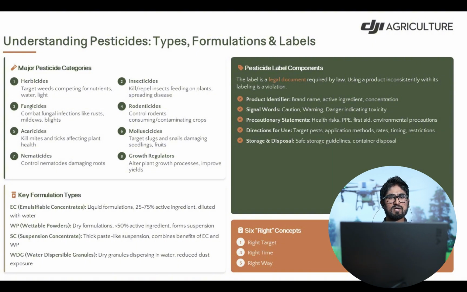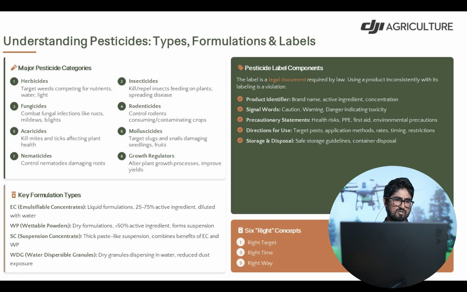And also insecticides like fipronil we can use to kill or repel insects feeding on plants to avoid spreading disease in our cropland. And also we can use fungicides to control fungal infections like rust, mildew, blights and other diseases. And we can also use rodenticides to control rodents.